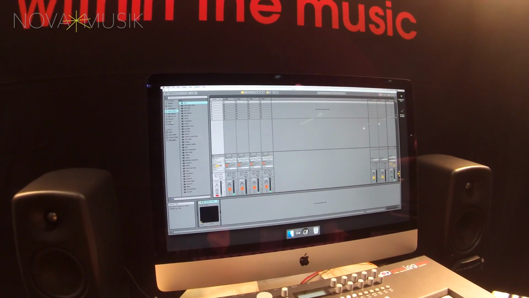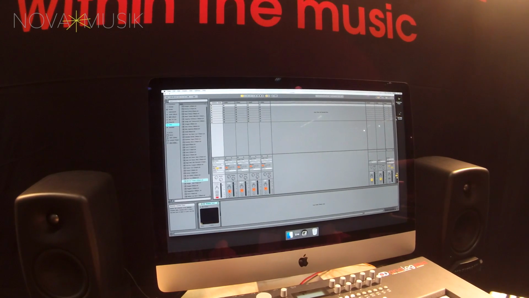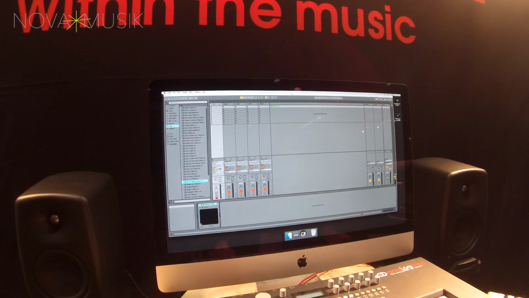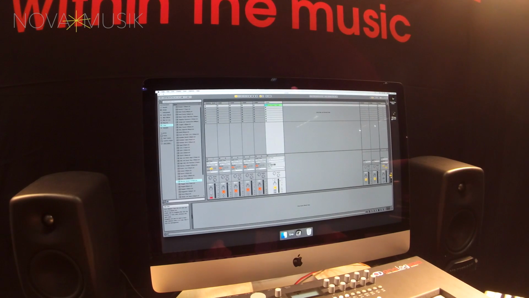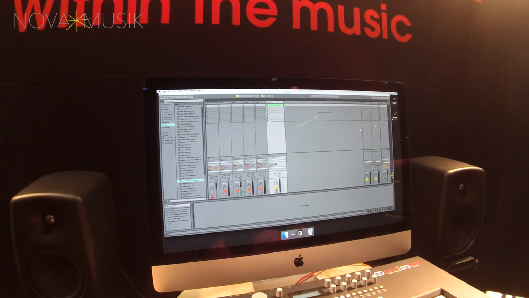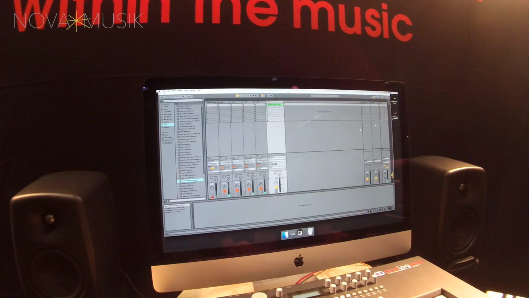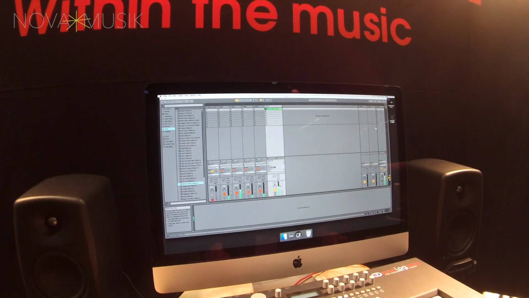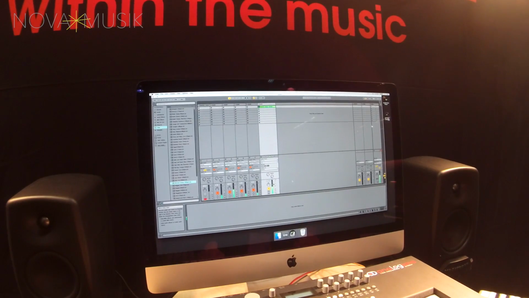Now, to hear how good the sync is, I can actually load up a clip, like a basic beat, and see how it's working in sync with Ableton. Oh, I need to press play on this one. Yeah, so that's pretty